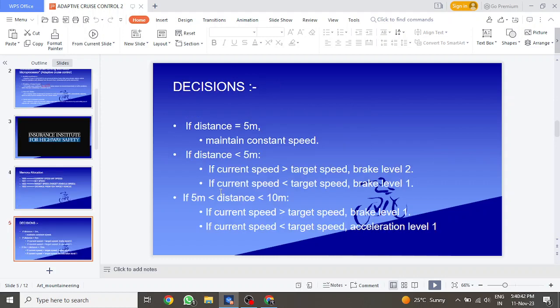Now, next is decisions. Decision making will be required, as you know that if the distance is equal to the distance at which it is moving, maintain constant speed. If less, then reduce the speed. If more, then increase the speed. So now, if the distance is 5 meters, maintain constant speed. If the distance is less than 5 meters, if the current speed is greater than the target speed, then brake level 2, meaning more brakes will be applied with more force. If the current speed is less than the target speed, then brake level 1, meaning